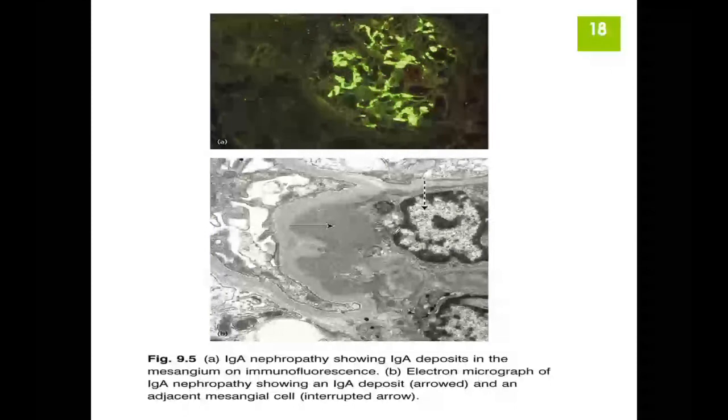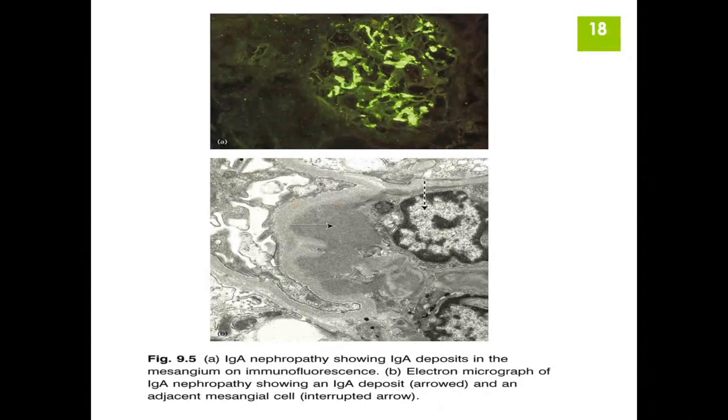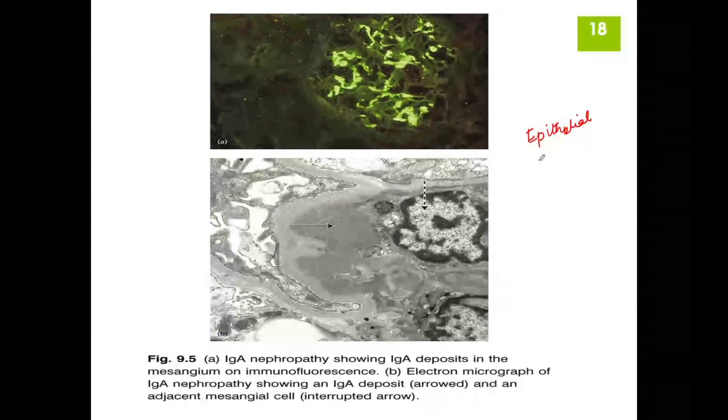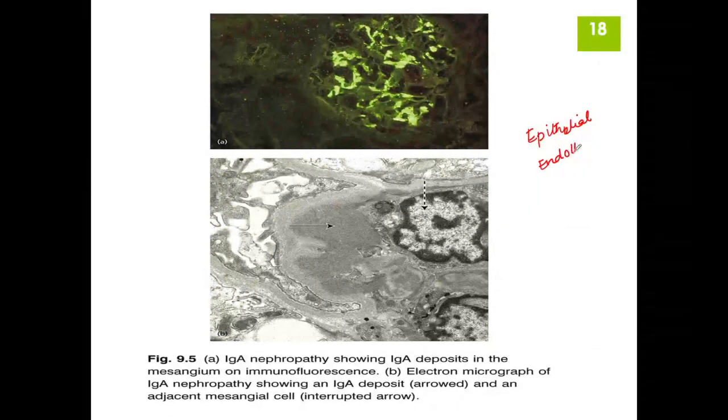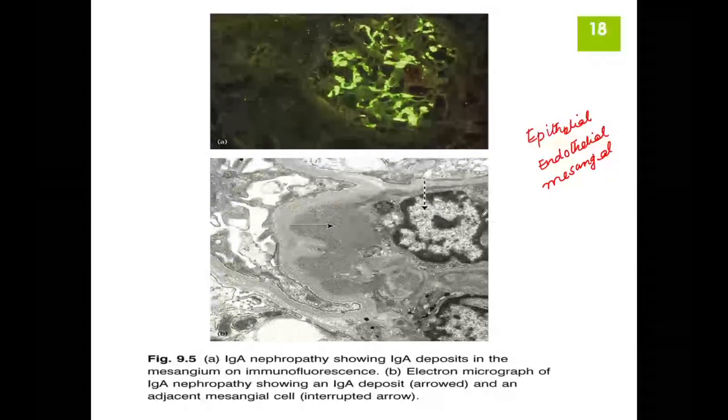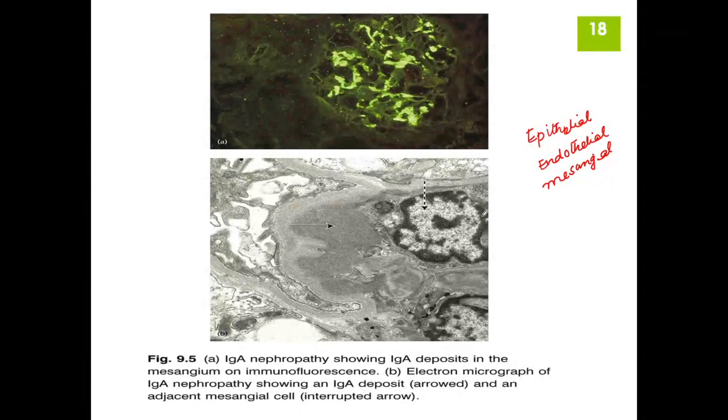deposited in the mesangium. So actually there are three different types of cells in relation to the glomerulus: the epithelial cells, the endothelial cells, and the mesangial cells. These mesangial cells are actually very much involved in the process of removal of debris, and somehow these IgA immunoglobulins, they are mostly deposited close to the mesangium, and these mesangial cells are outside the capillary loop,